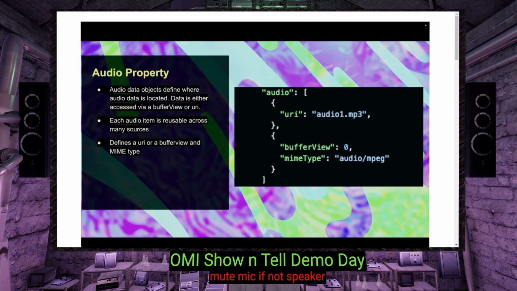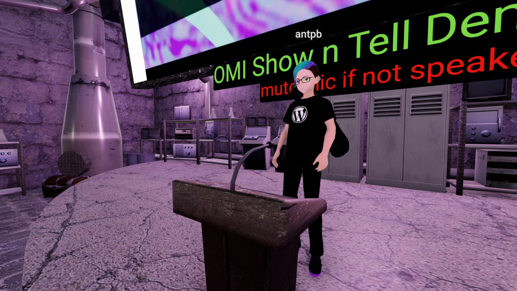So you could say that audio 0 or audio 1 applies to source 1 and source 2 and source 3, and then you can assign them to many so that these are reusable and not tied to a node. So you're not redefining this data over and over again for every node that may have something like footstep sounds, or like maybe you hit something and it bonks. You want to be able to reuse those things as much as you can.